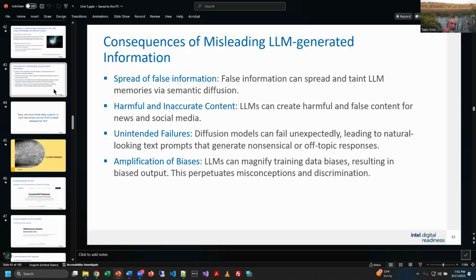One of the things that does hit the news once in a while is how large language models hallucinate or come up with information that isn't quite right, right? Where does that come from? Well, from all the stuff us flawed human beings feed into it, right? So you can spread false information. You could have content that's inaccurate and hopefully not harmful.